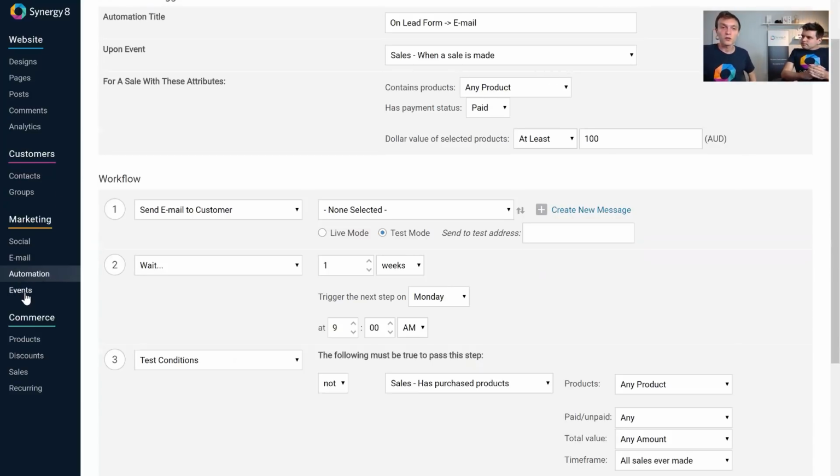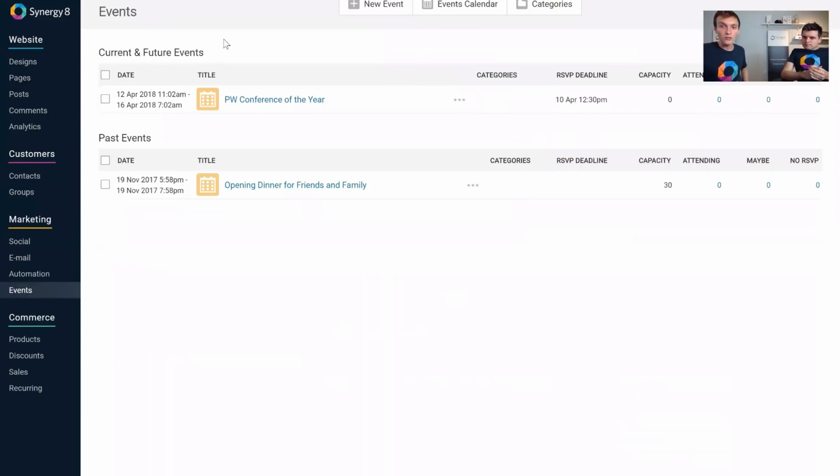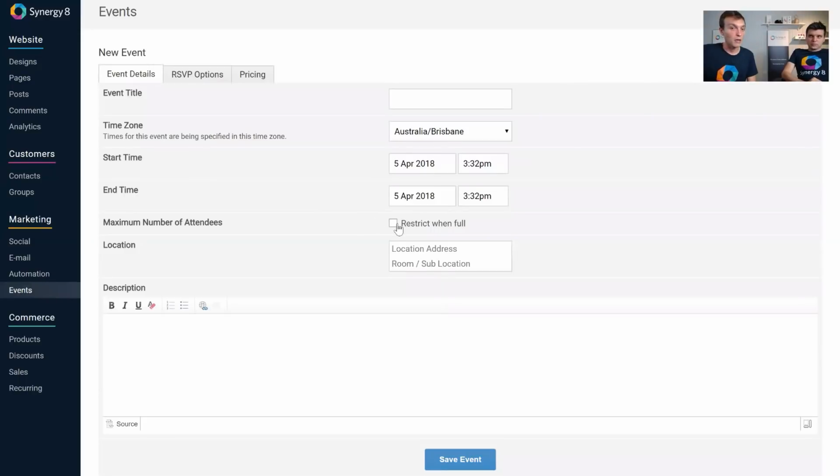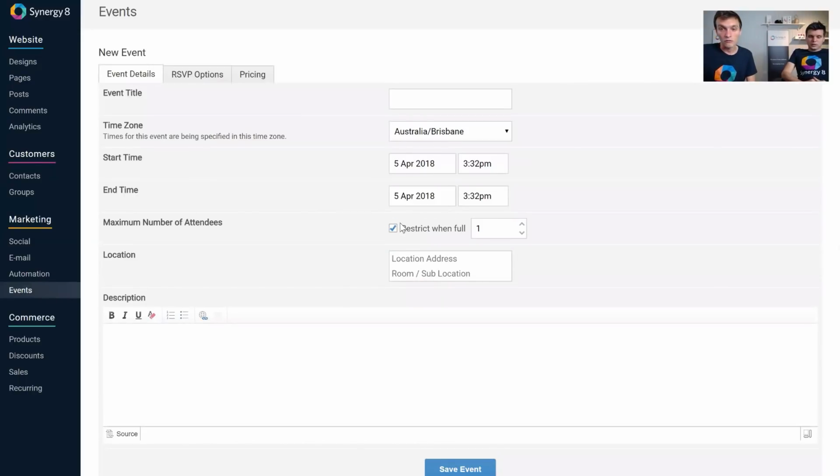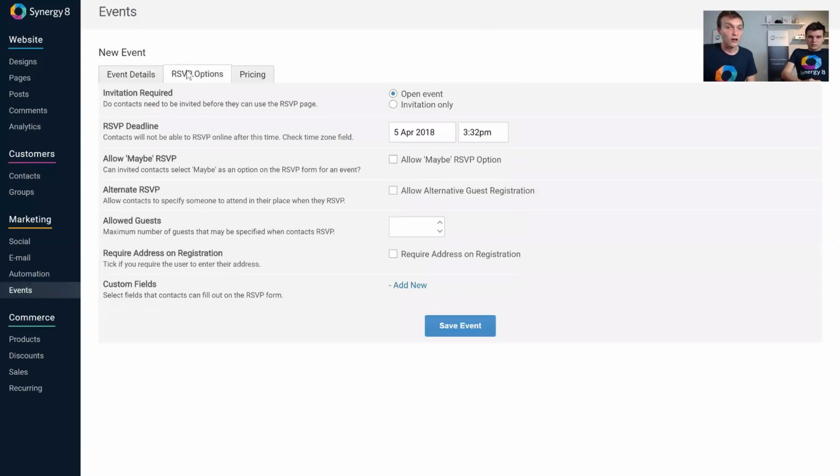As I mentioned before as well, we have an optional events app. I won't dive super deep into the events side of things. The events app is really supposed to facilitate people RSVPing for events on the website. So it'll support paid or unpaid events, invite only or public events. You can specify when you create an event, maybe you restrict it by a certain number of attendees. You've got RSVP options